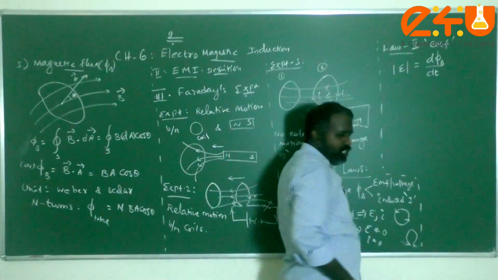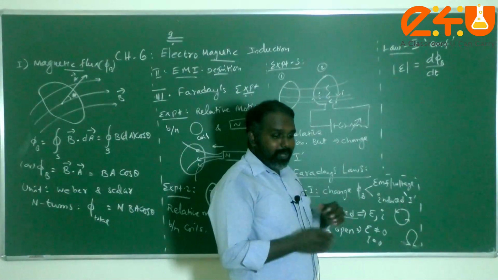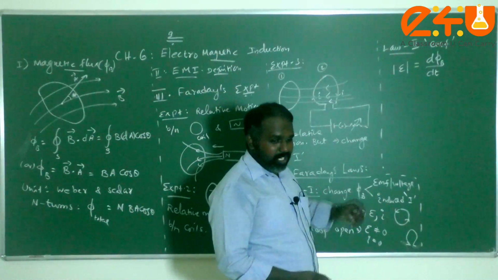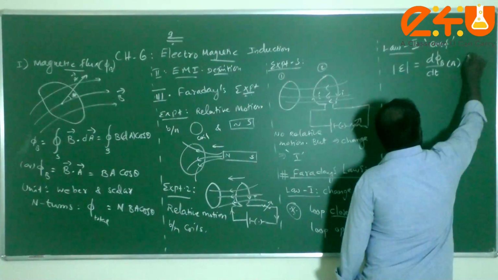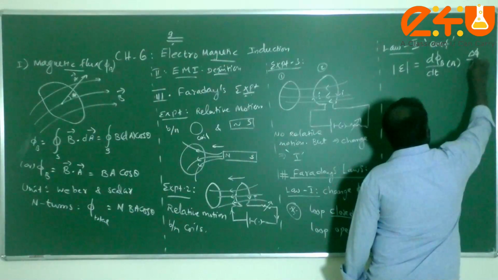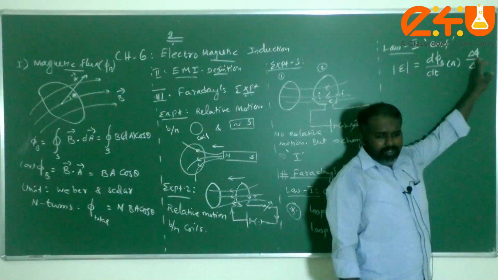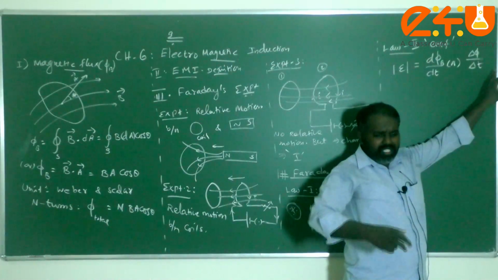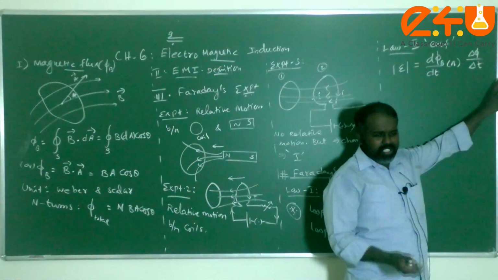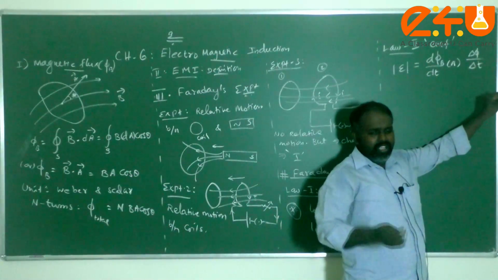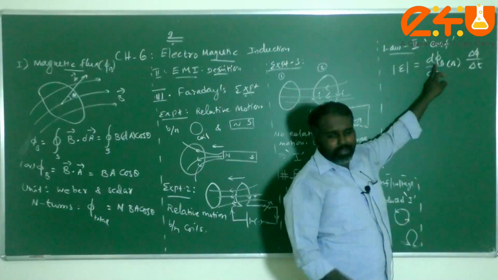Rate of change of what, children? Magnetic flux. If it is instantaneous, that means if the flux value depends on time, then we can use dΦ by dt, or the same can be written as ΔΦ by Δt, when the flux changes. It is constant, but it is changing with respect to time. So initially it is 5 Weber, after some time it will be 10 Weber, like that.